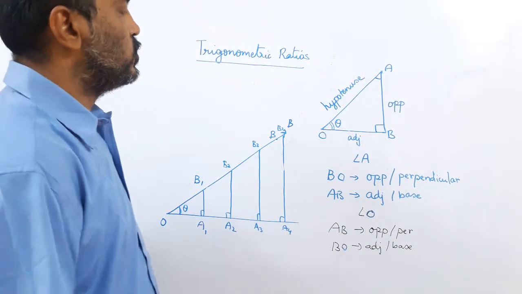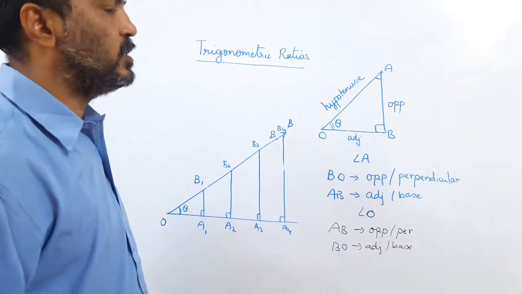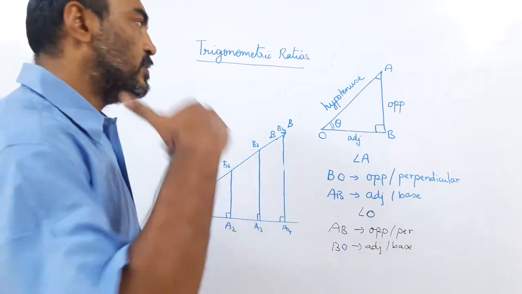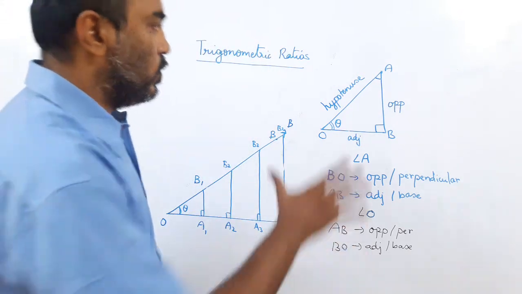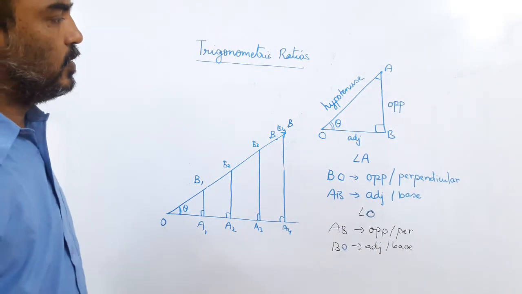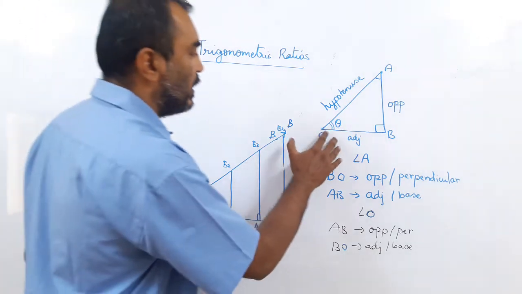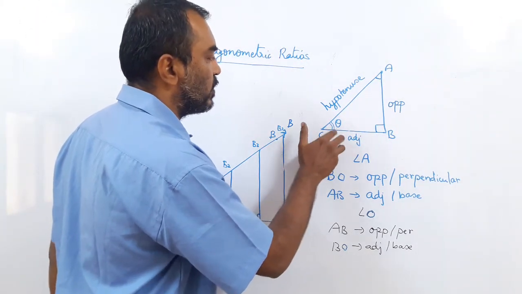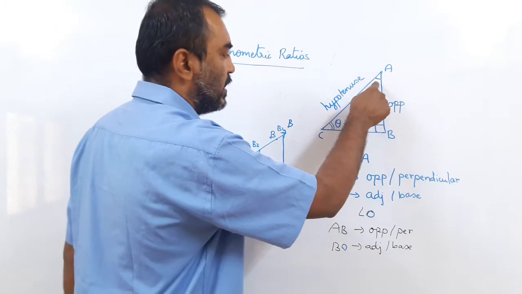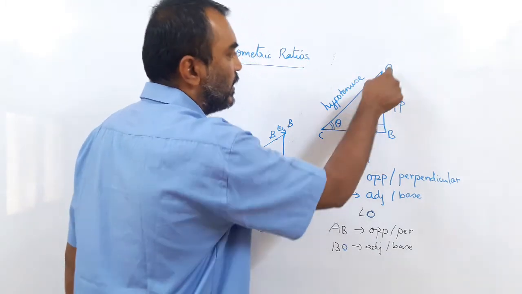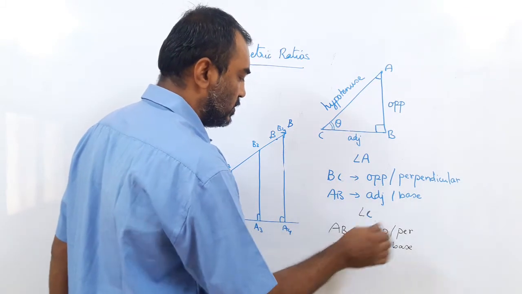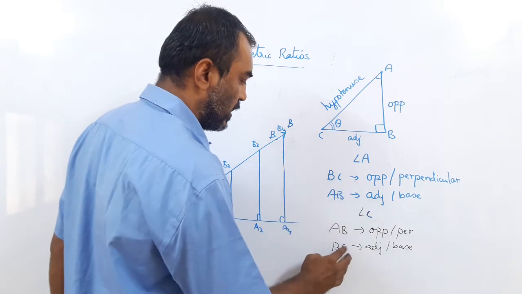There. So we are now into a right angle triangle. I told you a special condition. We can use trigonometry for other triangles also, but it is not part of the 10th standard; you will get that later. Right now, right angle triangle. So, if you look at this right angle triangle, which angle have I taken again? I have taken the angle C or the angle O. I have taken this angle as my angle and named the sides according to this angle. Remember, if I take this angle, then this becomes the opposite side and this becomes the adjacent side. But I am taking the angle C. So let us now turn back to our angle C.